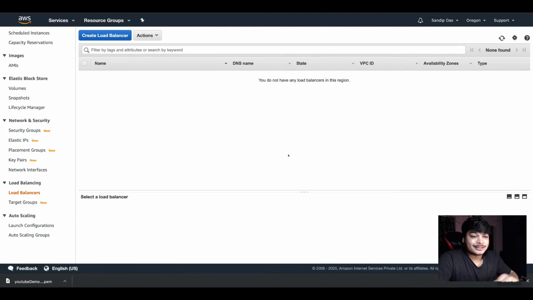Now, what is load balancer and what is auto scaling? Those are not that easy topics. It deserves to be a separate session, but just understand that suppose you are running one application and you have 100 concurrent users or maybe 200 concurrent, that's working fine. Suppose suddenly there are 1,000 users or 2,000 users, then the load on that machine will increase, right? Then you need to add more instances, and that load needs to be distributed between all the other machines. That is done by the load balancer.